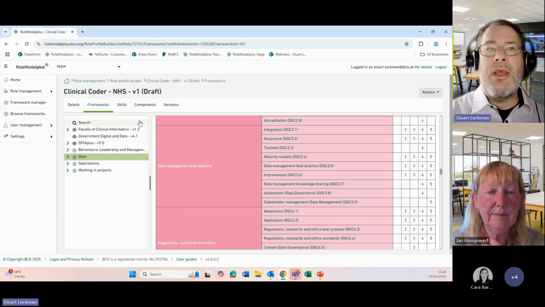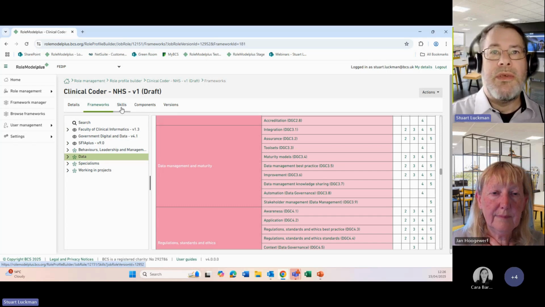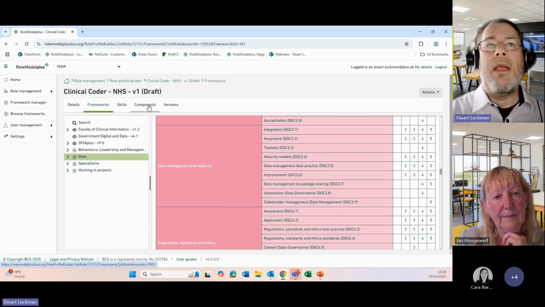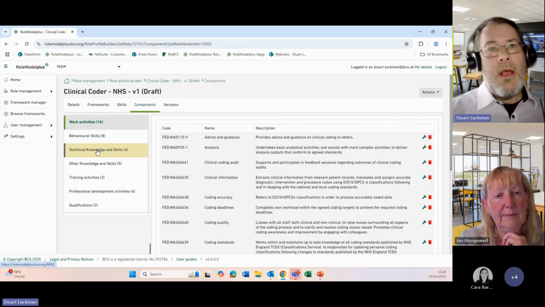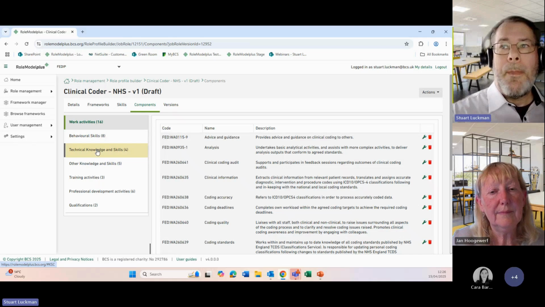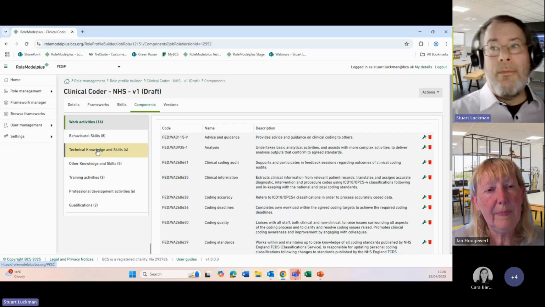So essentially, once we've created them within the system, they are data sources that we can use to generate content that hopefully will allow some degree of commonality between the roles that we're creating, and therefore